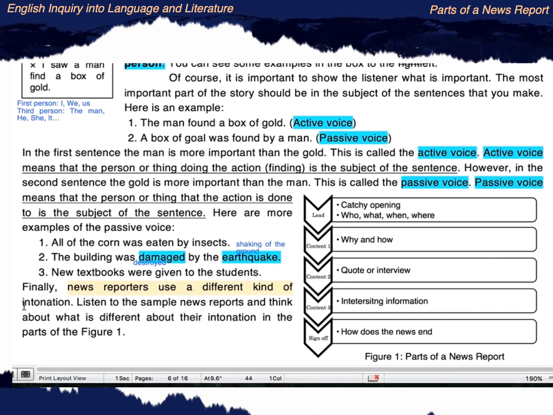news reports use a different kind of intonation. Do you remember the word intonation? Yes, it's the rise and fall of the voice when speaking. Listen to the sample news report and think about what is different about their intonation in the parts of the figure 1. Okay, this is figure 1. We have lead, catchy opening, what, who, what, when, where. I see. Content, why and how. Content 2, quote or interview. Content 3, interesting information. And sign off means how does the news end? Okay,